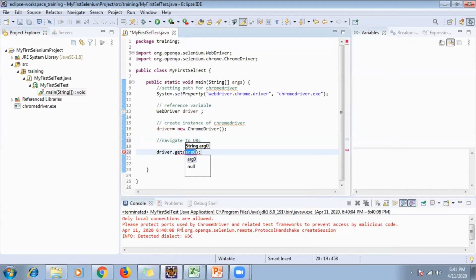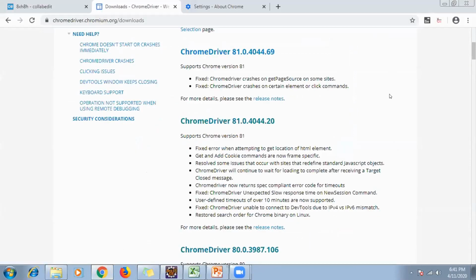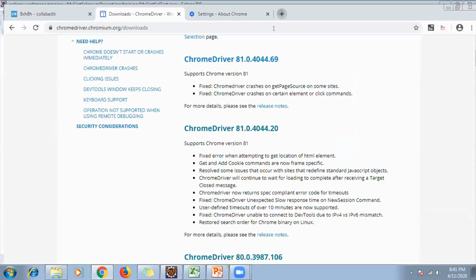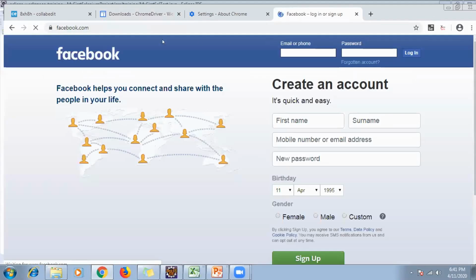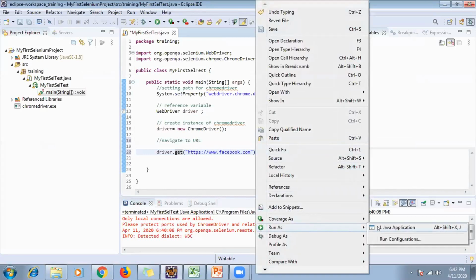Here you can pass the URL. Suppose I want to launch facebook.com. So I'll copy the URL and I'll put it here. And remember that this method takes the argument as a string. So whenever you are passing a URL, it should be type of a string. Okay, so let's run this as well and see what it does.